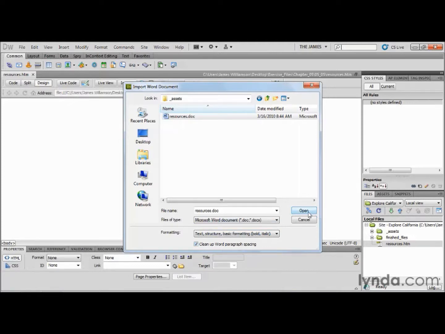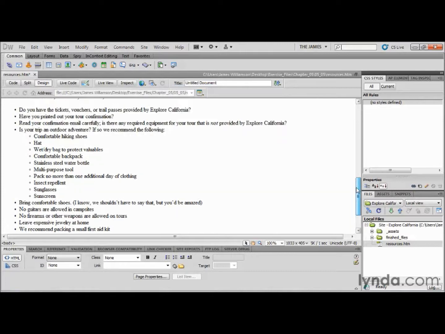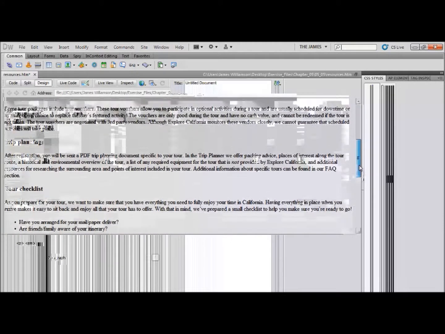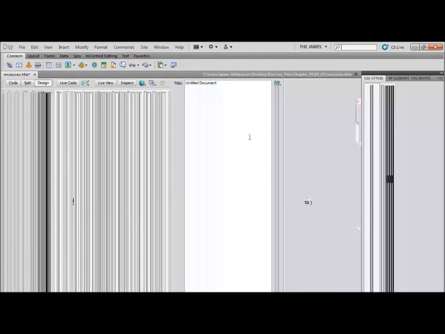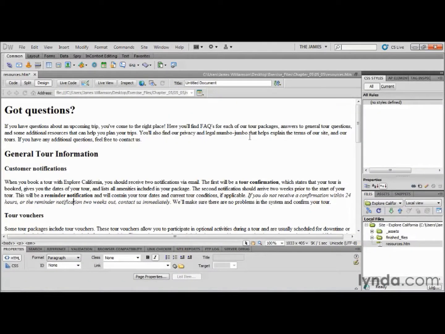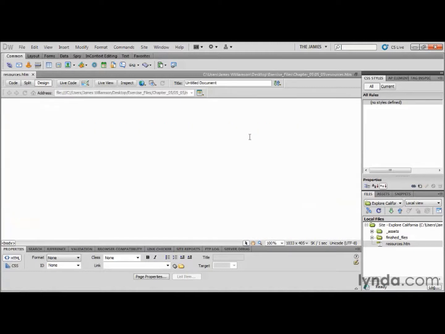I'm going to go ahead and click Open, and in comes our text with structure intact. Again, notice that our heading 1 is here, heading 2, heading 3s, our strong tags, our em tags. If we scroll down a little bit, we can see that our tour checklist is there, so everything is there that we're expecting. Now, I'm going to undo that, because as easy as that is, there's actually even an easier